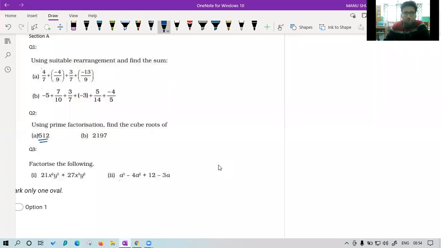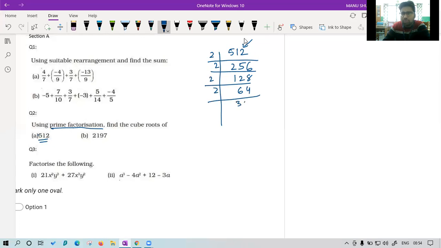Okay, it's very simple. Those who don't know, we have to do prime factorization. That is, we have to use prime numbers to factorize this given number. So first we see there is an even number at the end. The best number to start with is 2. 2 4s are 8, 1 is remainder, 11. 2 5s are 10, and then we have 12. So 2 6s are 12. Then 2 1s are 2, 2 2s are 4, 2 8s are 16. Then 2 6s are 12, 2 8s are 16, 2 4s are 8, and 2 2s are 4, then finally 2 1s are 2.